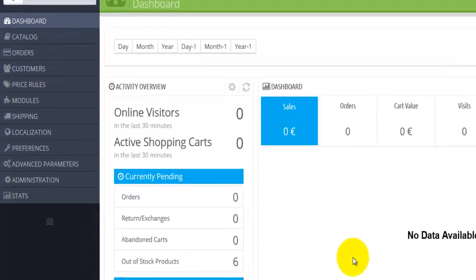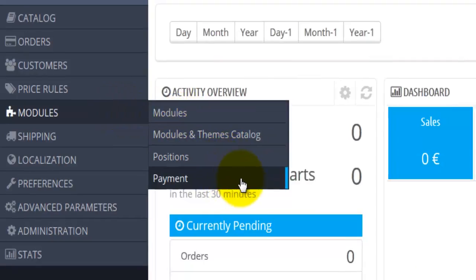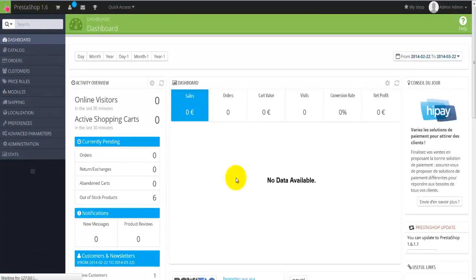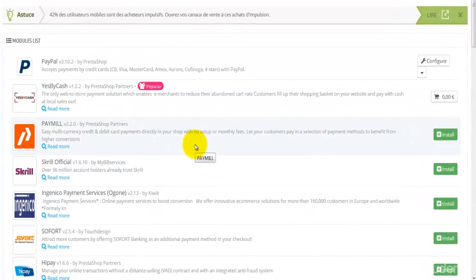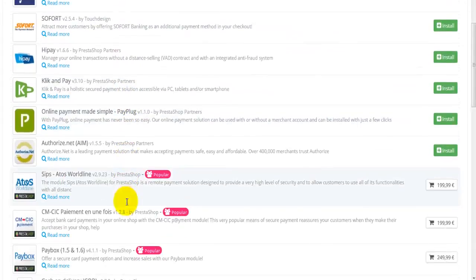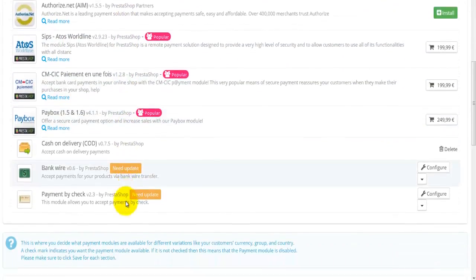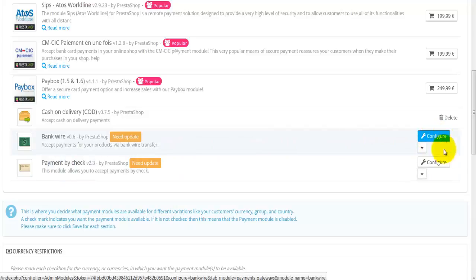Okay, so what I'll do, let's go into the modules, and the last option there is actually payment. If we click on payment, this will actually open all the available modules for payment. So we have PayPal, Yes by Cash, PayMill, Skrill and a few others, and most of them are free and you can install them really easily. The bank wire and the payment by check come pre-installed, as you can see,